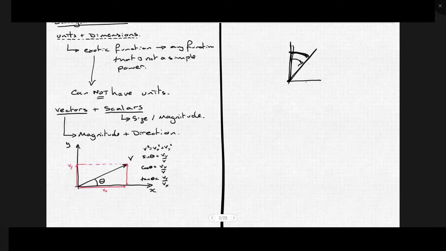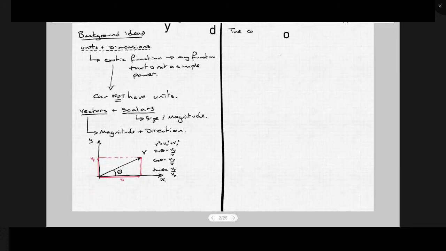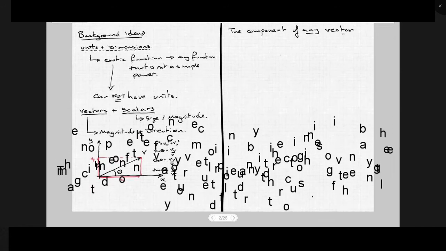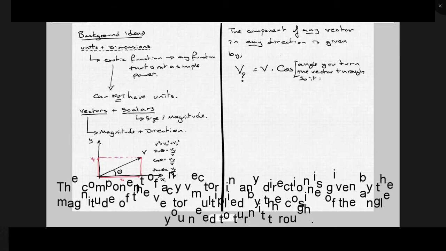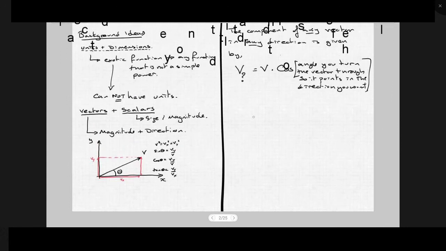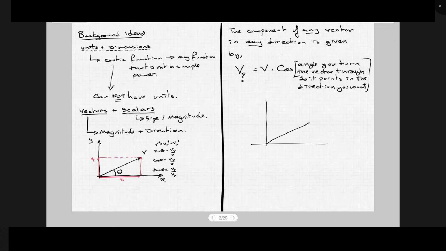Then you can do this idea I'm about to tell you. The component of any vector in any direction is given by V, and I'll put a question mark, because that means like Vx or Vy, or maybe V phi, as we just saw. The question mark is the direction we're interested in. The component is V, the vector, multiplied by the cosine, always the cosine, of the angle you turn the vector through so it points in the direction you want. So imagine, for example, that I've got my vector there, and let's suppose that was 35 degrees,